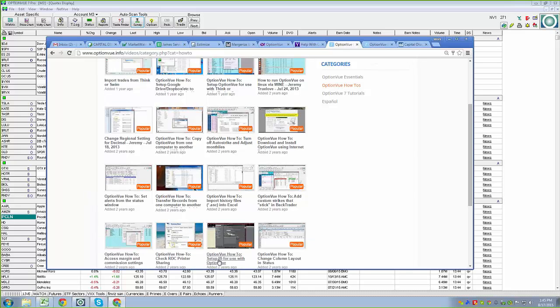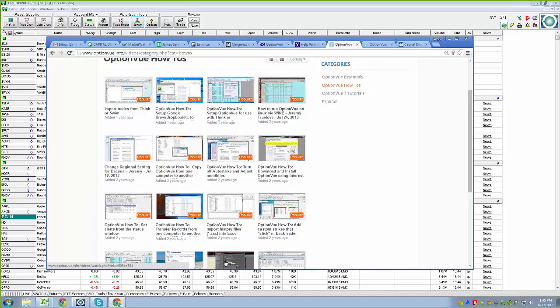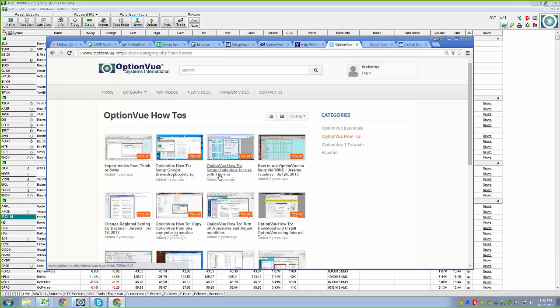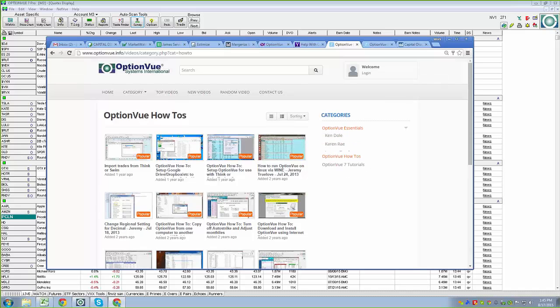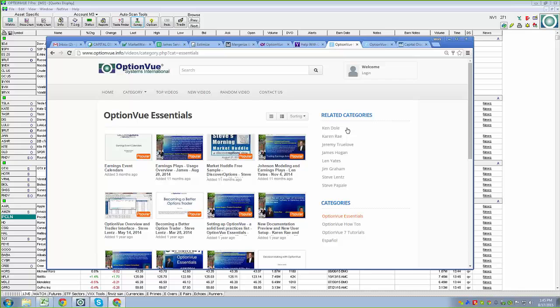How to set up OptionVue for use with Interactive Brokers quotes. How to use OptionVue to set up Thinkorswim quotes. So all really helpful stuff. Like I said, these videos are real short. They just cover that very specific setting or topic. But while you're on this page, Tim asked, can you install the software on two computers and keep